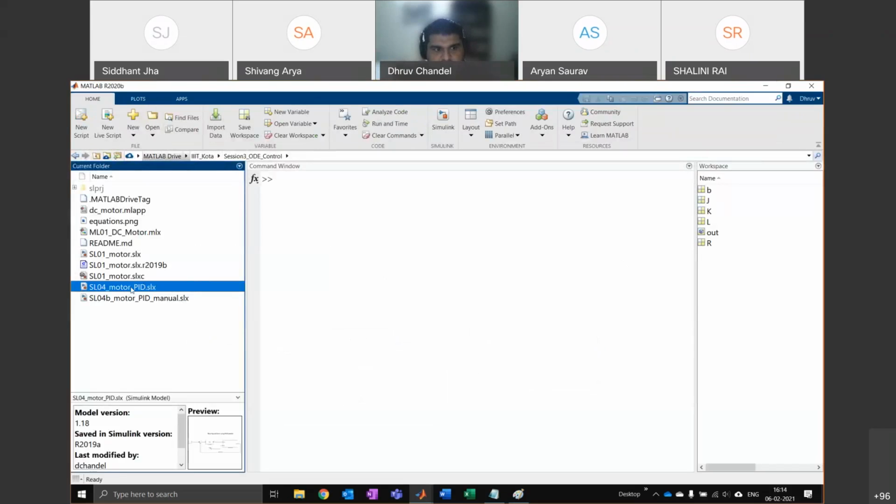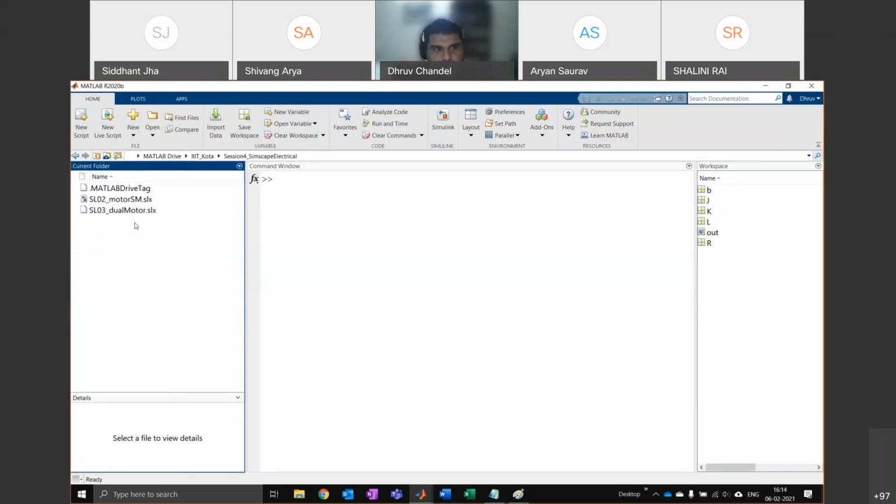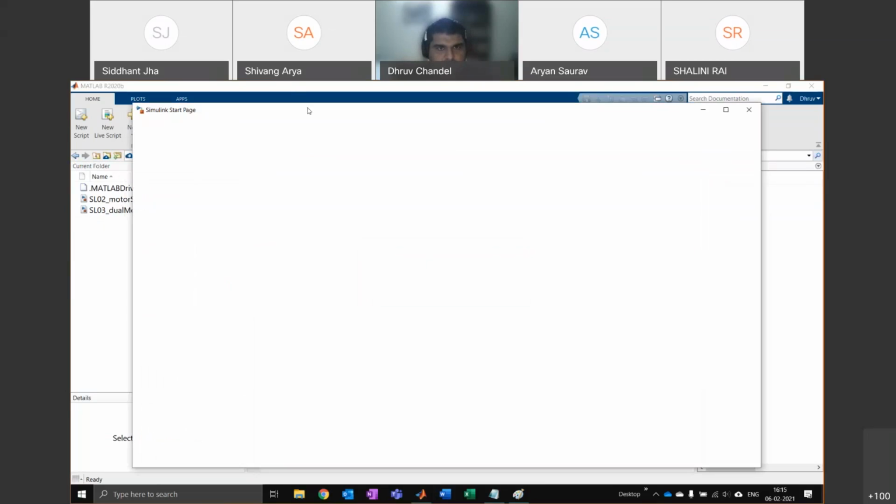The files are all in the same folder, so you can go to the session 4 file and open up the sim mechanics SL02 file. I'm going to make it from scratch just to show you how it works. After that, I'll talk to you about Simscape Multibody, which I'll just run on my system because it's fast. And then we'll wrap up for the day.